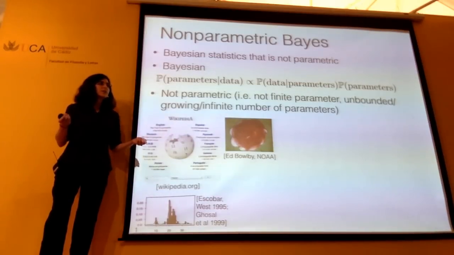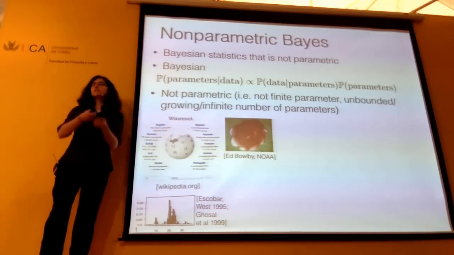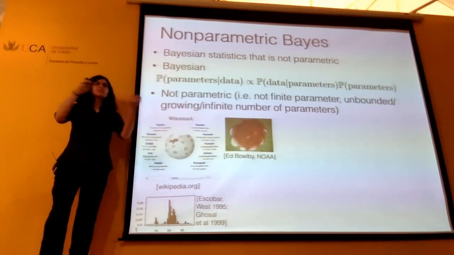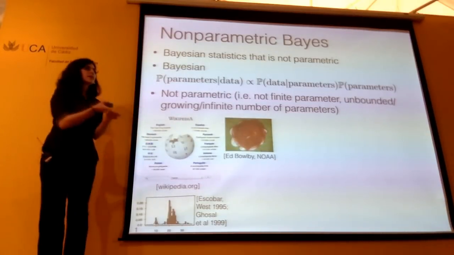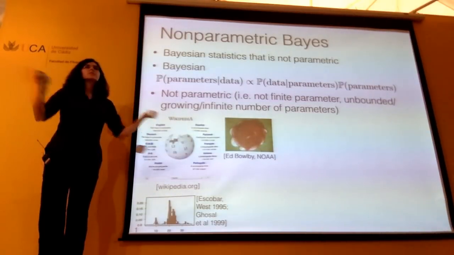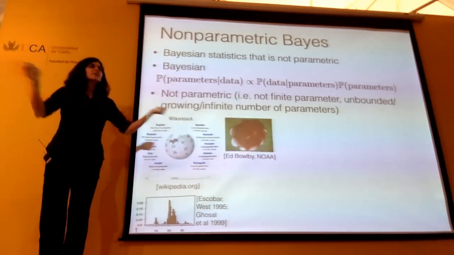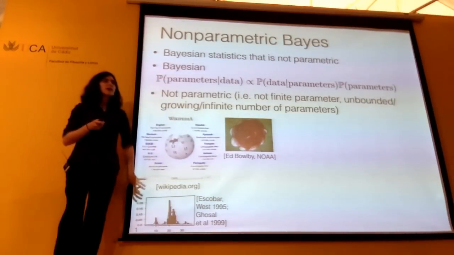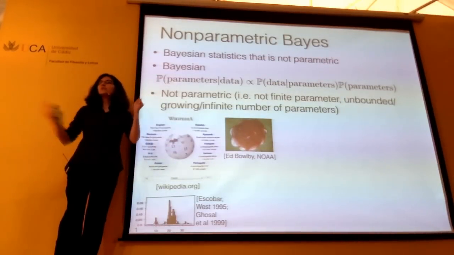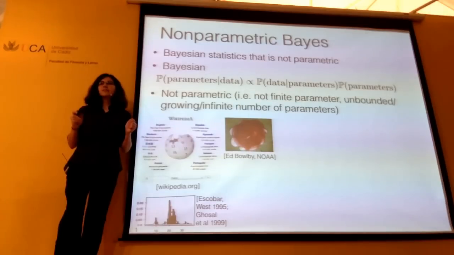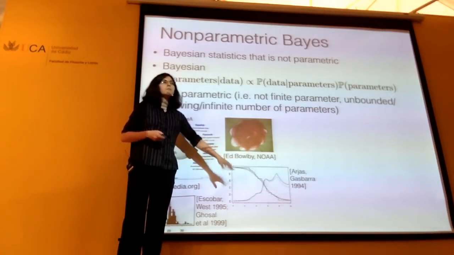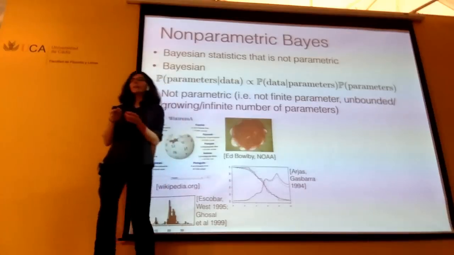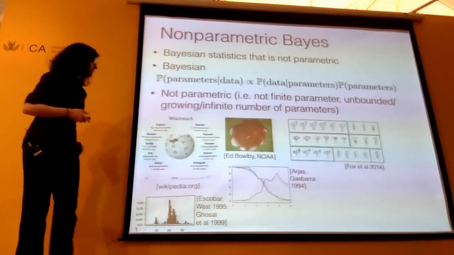So if I have a set of data points, I could estimate that those data points come from some parametric model, some model with a fixed number of parameters. But instead, I might estimate that they come from a model where the number of parameters can grow with the size of the data. That as I get more data, I can estimate more and more complex, wavy, unusual densities for that data. This comes up in survival analysis. Again, I might estimate more and more unusual and complex survival curves.